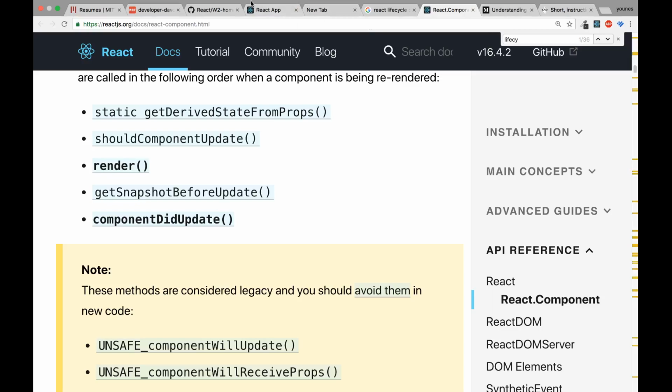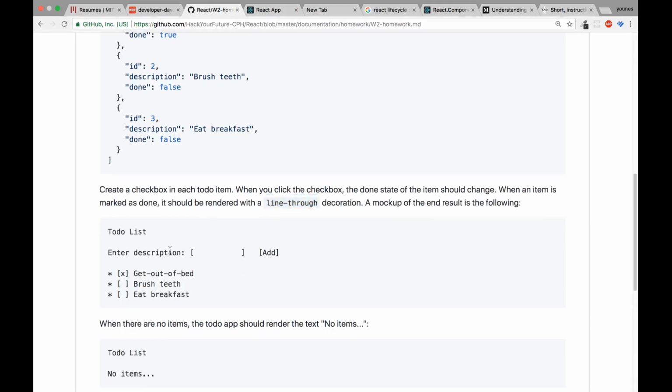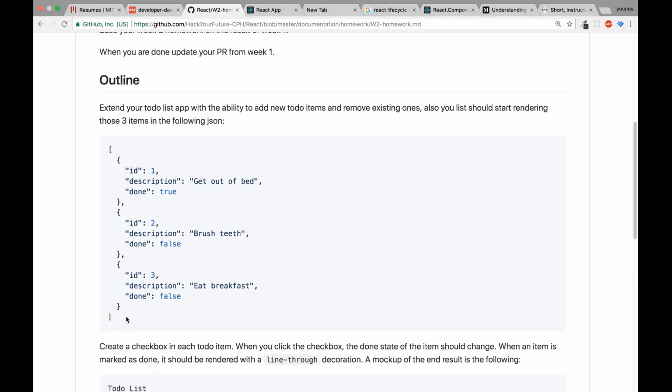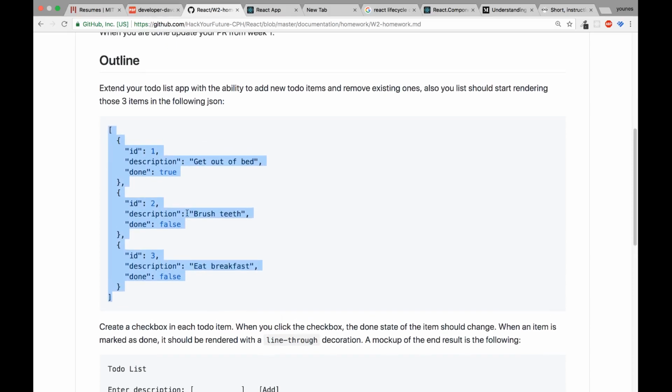So let's continue through the homework. Initially you will have a list that has 3 items on it. This should be in the state. You will put this on the state. We will create this array. So in your state you will have items, and items will be, for example, an array